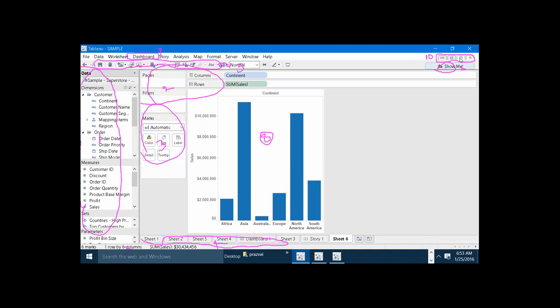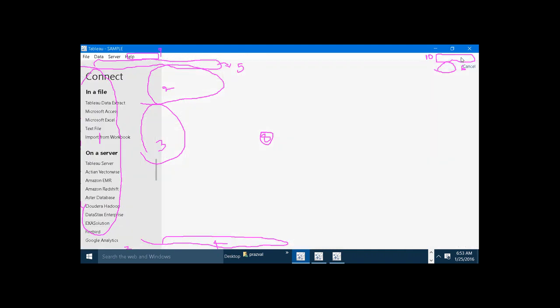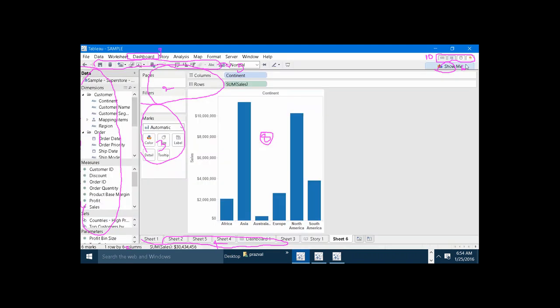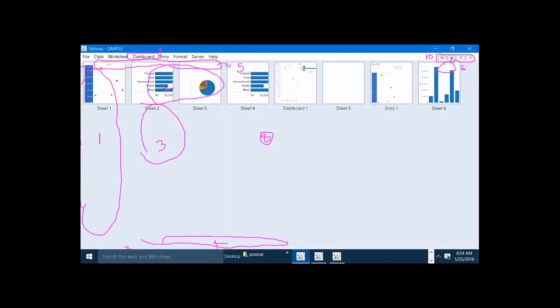Here we are seeing one icon called data source. If we click on the data source, Tableau will navigate to the data source page where we can connect to our required data source. And next is the sheet tab. If we click on the sheet tab, Tableau is going to show us